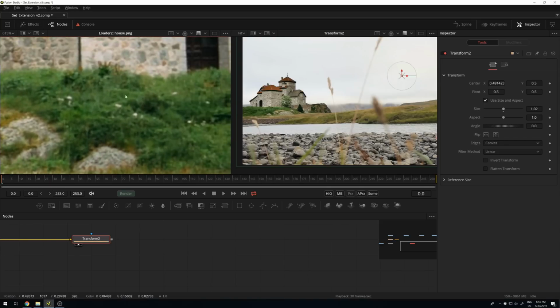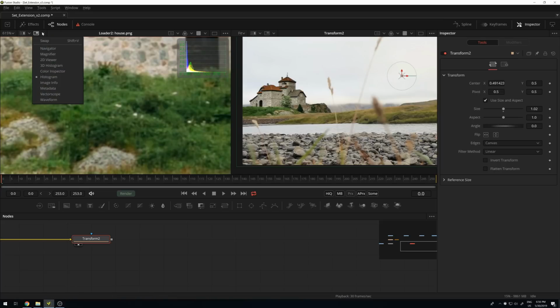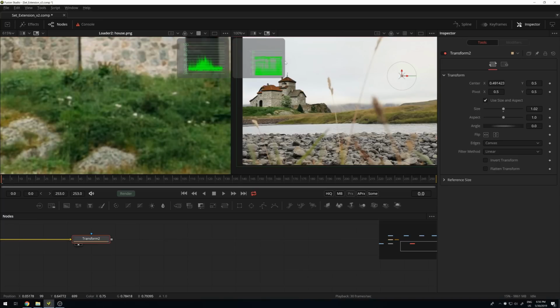So I can look at this, and if I want, I can, for example, turn on here the histogram or waveforms. I can do this on both the images and see how it looks. Now here, of course, due to the sky, I see the brightest points are around 90 or so. I see it in the waveform, or you can sample areas and see below. So you can do this